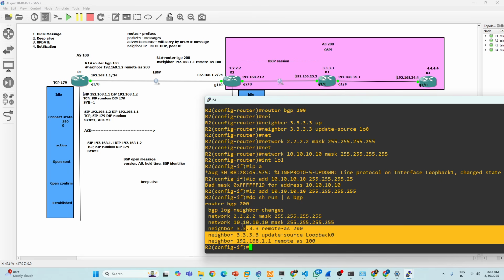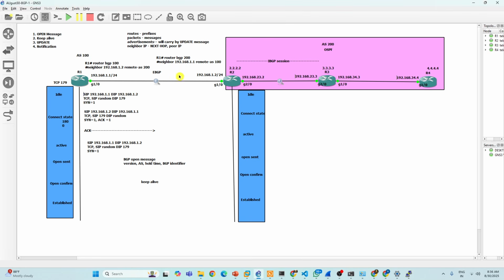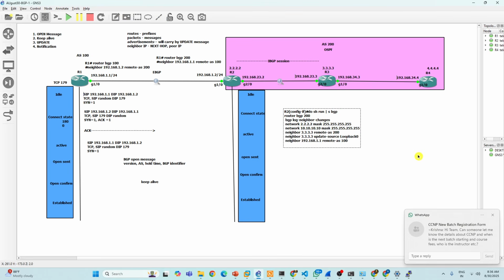So this is what we have done here. Is it okay to keep it here? Let me paste the configuration here.